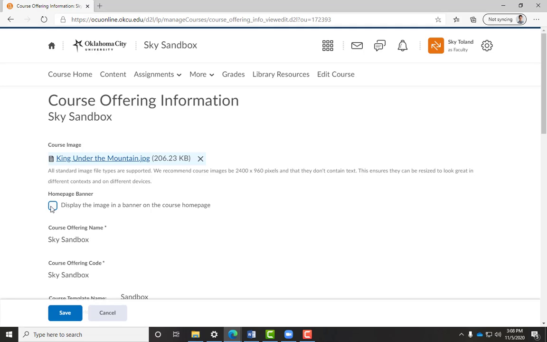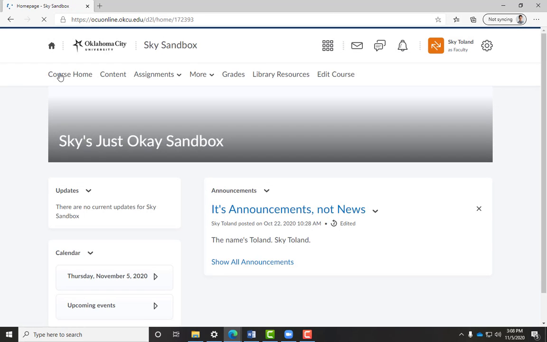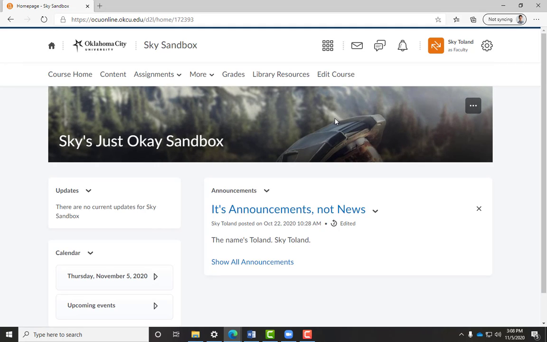So if you decide later you do want that homepage banner back up on your homepage, all you have to do is click display the image in a banner on the course homepage and click save. And then when we go to the course home, we can see that King Under the Mountain is back where